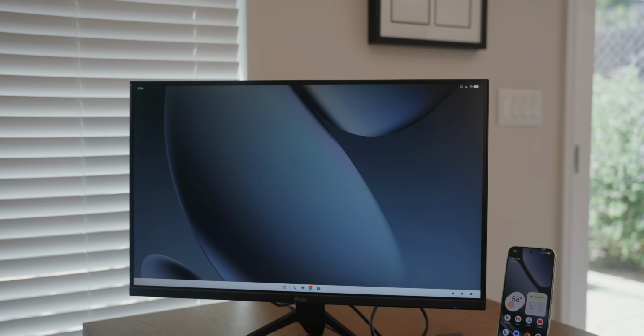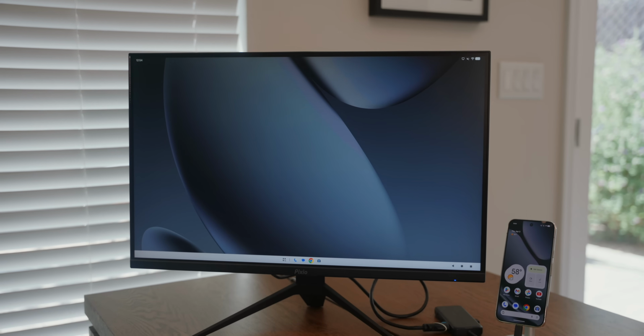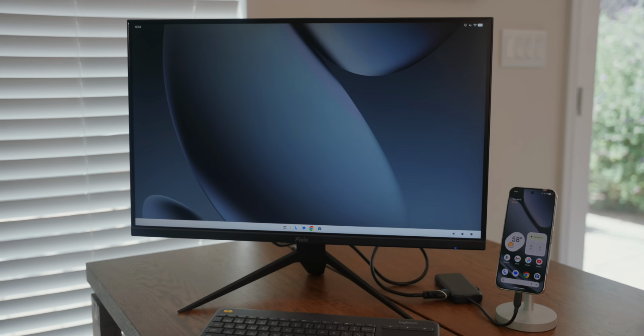For the March 2026 Pixel drop, Google finally brought a native desktop mode to its line of smartphones. This allows you to plug your phone into a monitor, and instead of just mirroring your phone's display, it presents Android in a typical desktop layout. Interestingly, despite how many Pixel fans have wanted this feature, Google didn't make much of a big deal out of